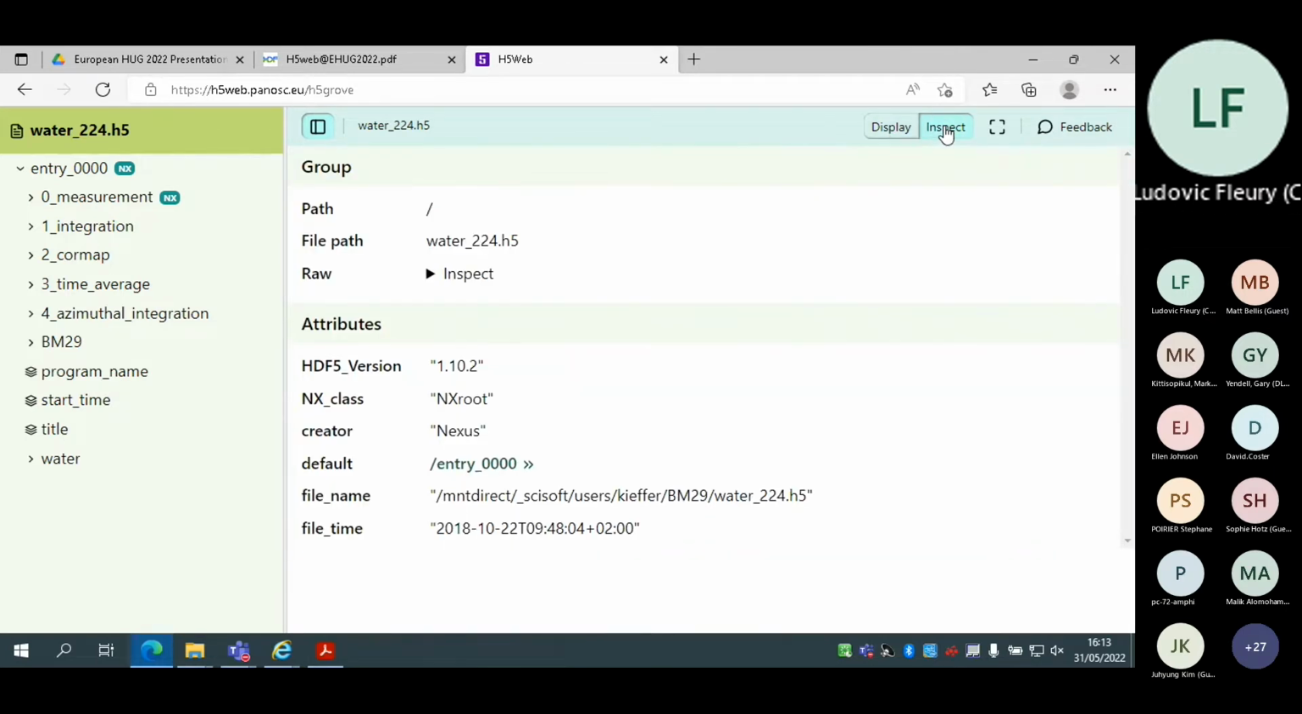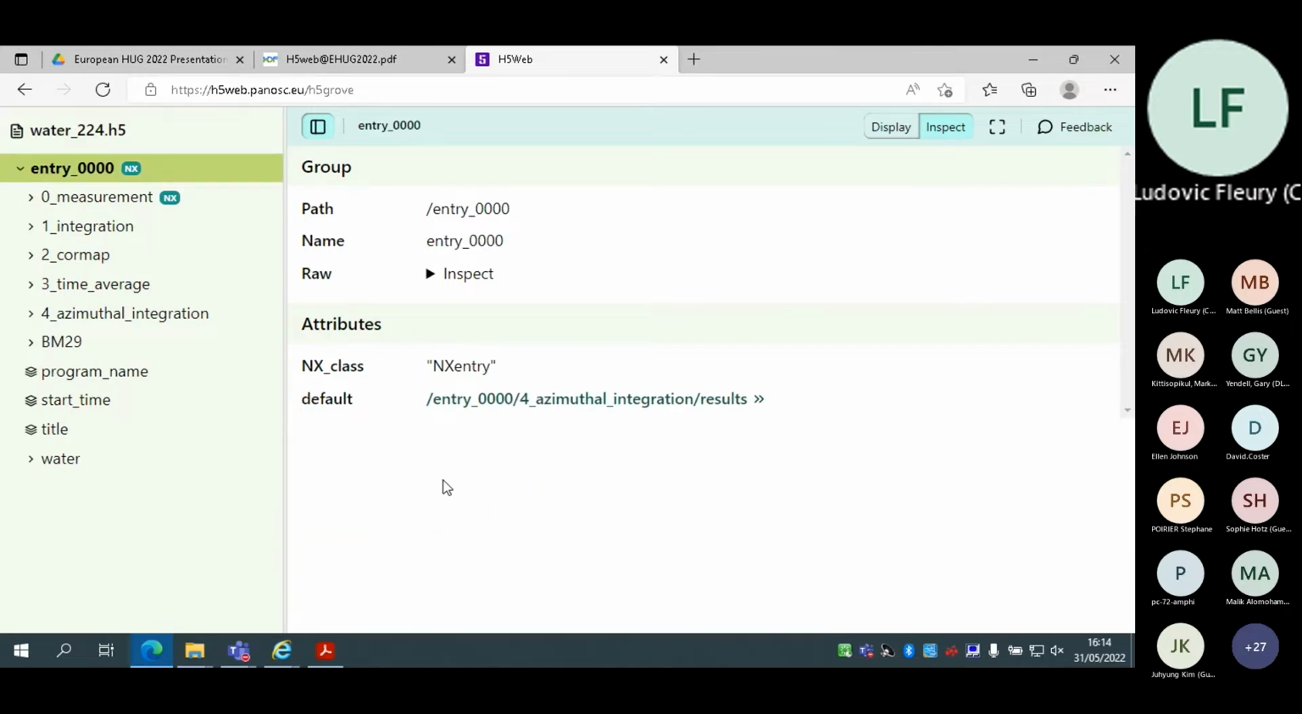Because we are using the Nexus standard, and the Nexus standard basically is a way to organize the data and also to put some metadata to describe what plot should be displayed when you are looking at a particular entity. So in this case, when looking at the root group, Nexus tells you that the default plot that should be displayed is the plot of entry 000, and I can click on this to navigate to the entry 000 entity,